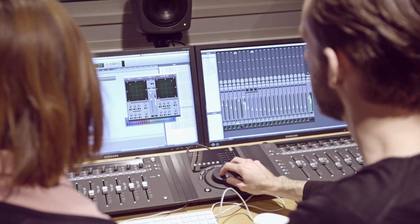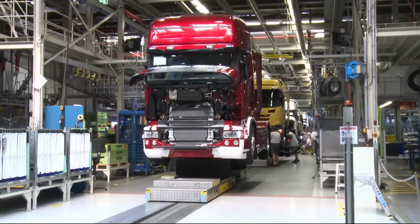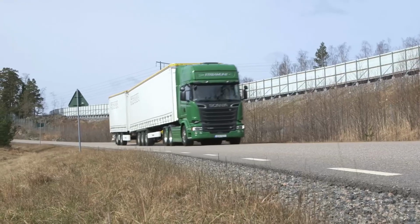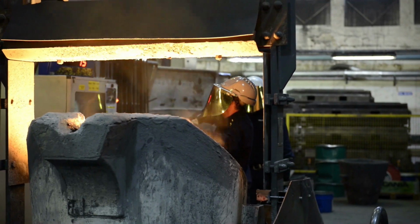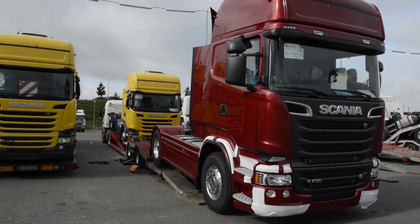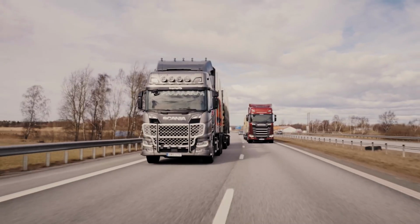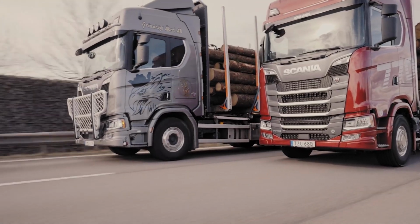From the initial design phase to the final quality checks, every step is a testament to Scania's obsession with precision and performance. So, let's take a deep dive into the Scania production process. How do raw materials transform into powerful ready-road trucks? What happens behind the scenes in Scania's state-of-the-art factories? Well, buckle up. We're about to explore everything from design and assembly to painting, testing, and final delivery. By the end, you'll have a whole new appreciation for the level of detail that goes into every Scania truck